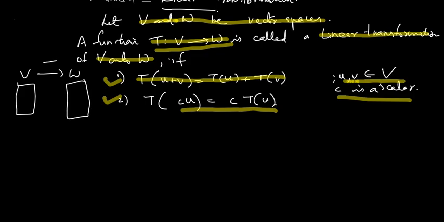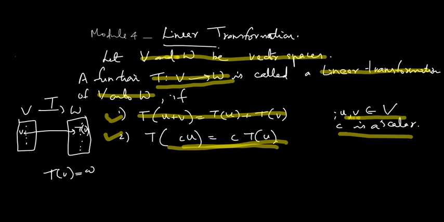T is a function from V to W, like our f from x to y. So the domain is V, and the image is in W. A particular element v is here, its image is in W, and its image is T of v. T of v is equal to small w. So this type of function, if it satisfies T of u plus v equals T of u plus T of v, and T of cu equals c times T of u, then T is said to be a linear transformation. For example,